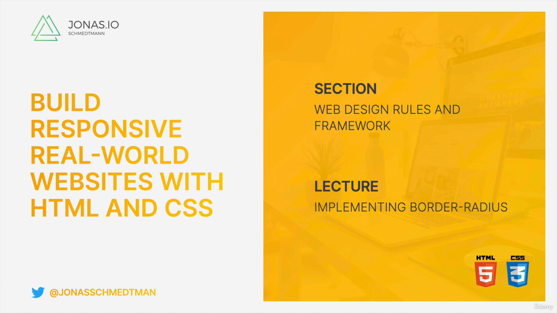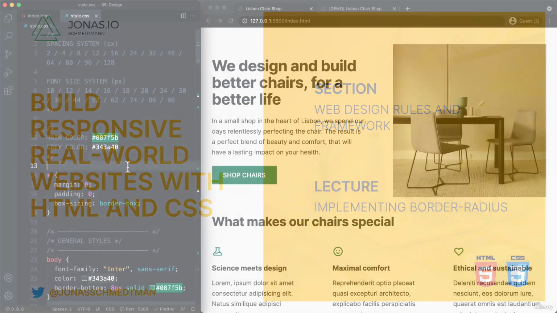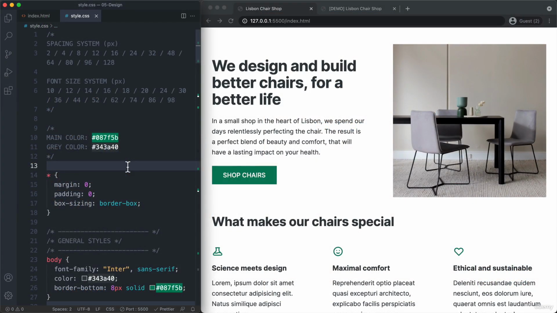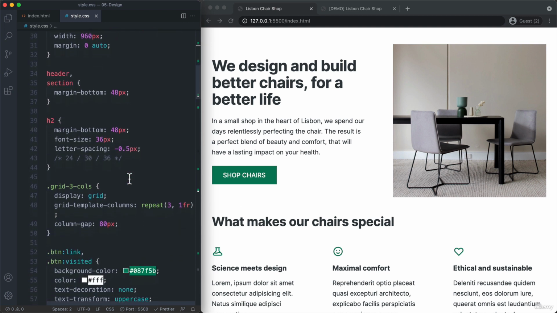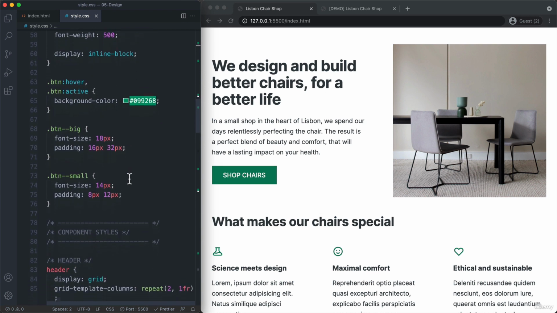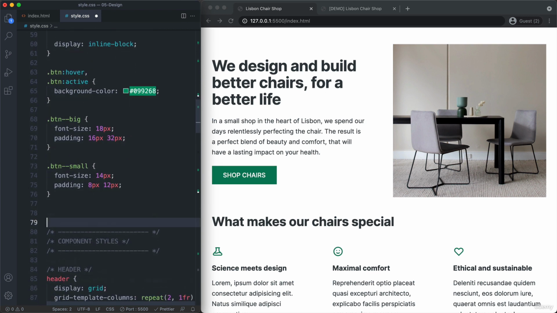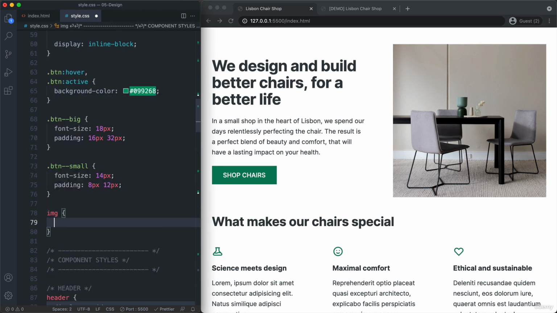Specifying border radius in CSS is actually extremely easy. And so let's now go do that. All we need to do is to specify the border radius property on some element. So let's go, for example, to images and apply a border radius to all of them. So I'm actually going to select right here all the images